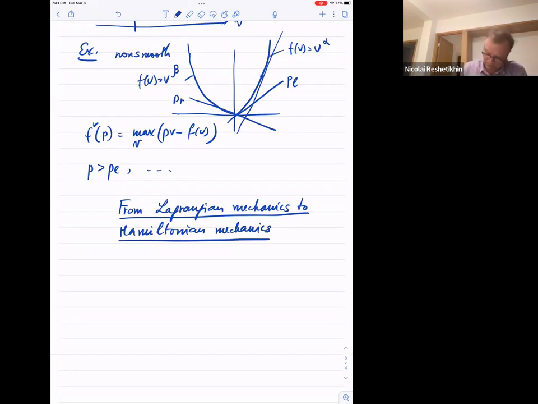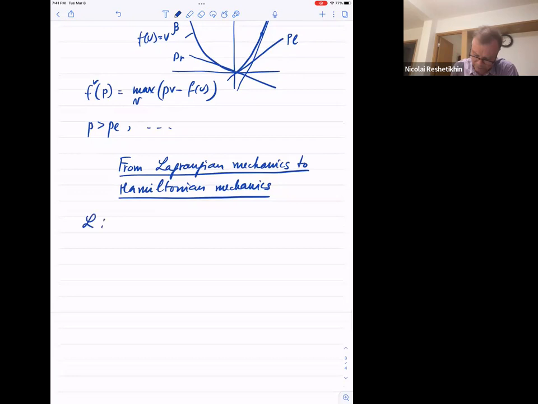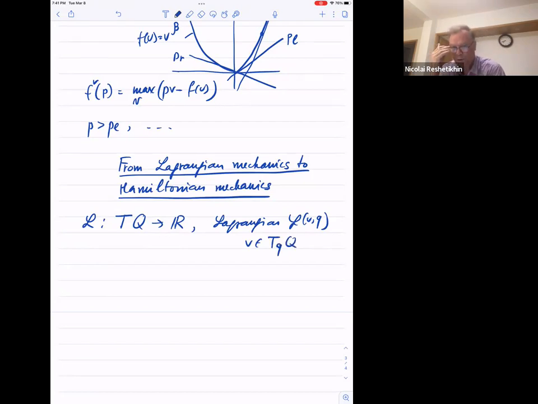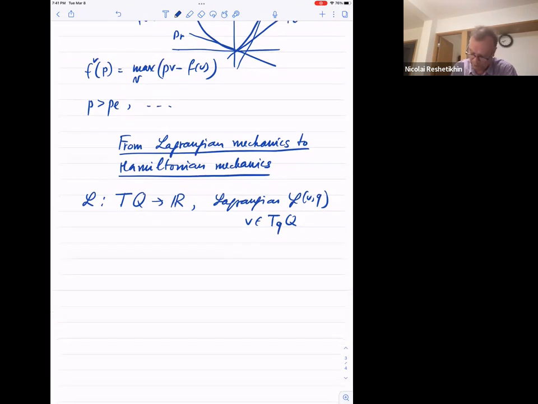Okay, so suppose that we have a Lagrangian function. So here v is a vector in the tangent space to Q at the point q. So it's a function on the tangent bundle. It's a function of two variables. So remember that last time I was analyzing the dependence on v, and we agreed that, well, the physical